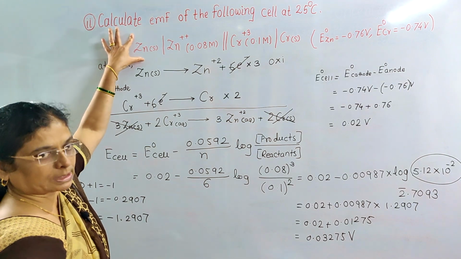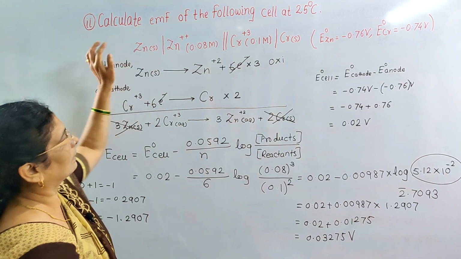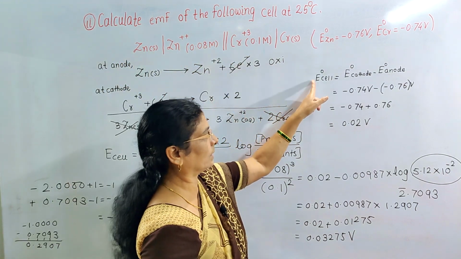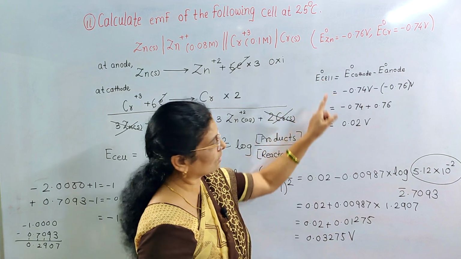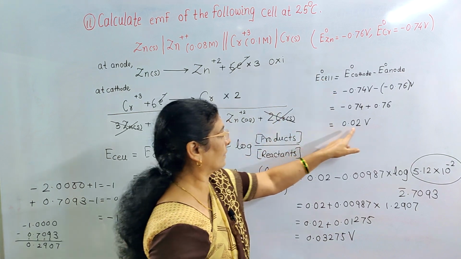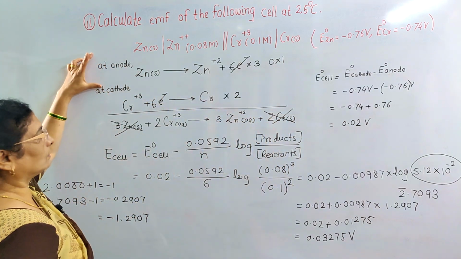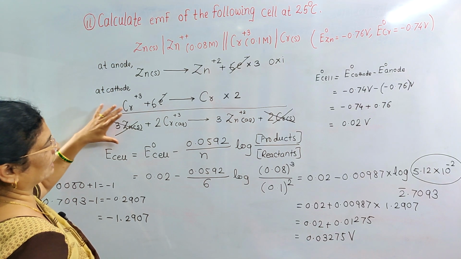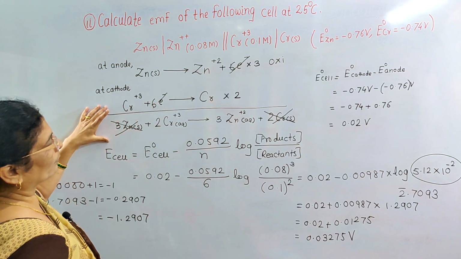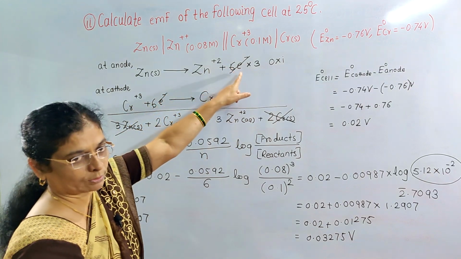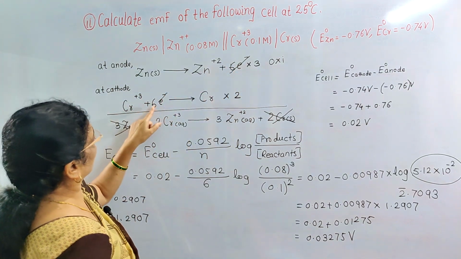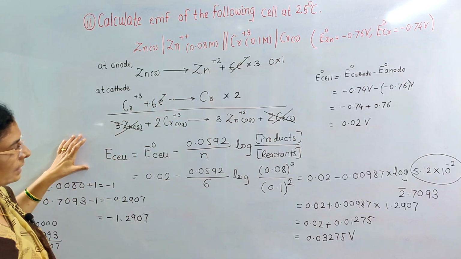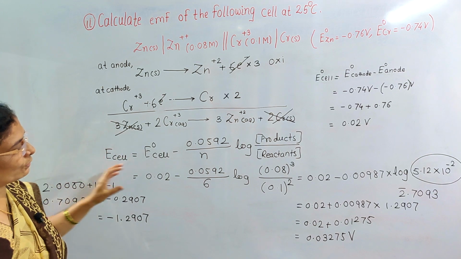So remember, all these steps we have to follow. What is given? The expression for the cell, that is the cell formula is given, and standard electrode potentials are given. So first calculate the standard EMF of the cell, that is E0 cell. Here E0 cell we have calculated. Now write down the reactions at anode and at cathode. The summation of these two reactions will give you the net cell reaction. For that the important thing is you have to balance the number of electrons, and so what is the value of n here? It is 6.